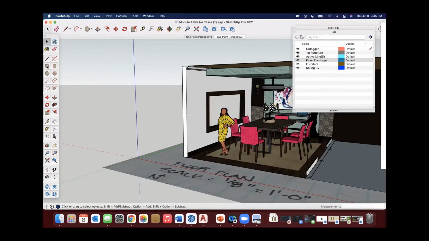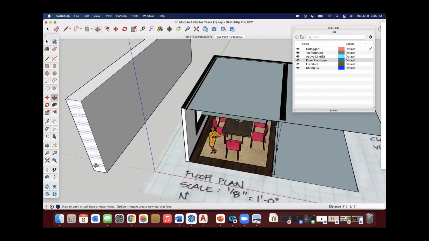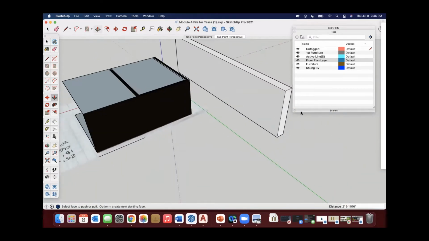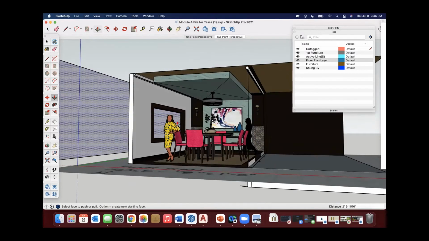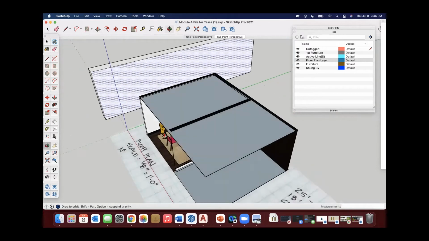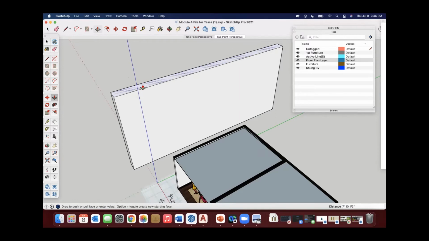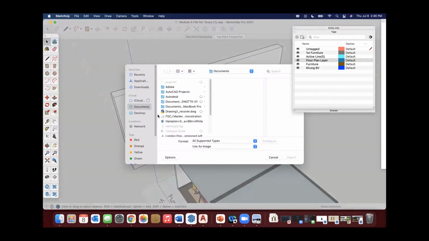Another option that even I did for a long time and was taught to do is this one, where you just basically build a faux wall outside, like a faux background. Looks kind of weird out here. It doesn't matter how wide it is, but you do want it wide enough so that when you rotate, it's not going to see a gap and stuff over here. And so you might have to make it taller. And then you can do File, Import, find the image.